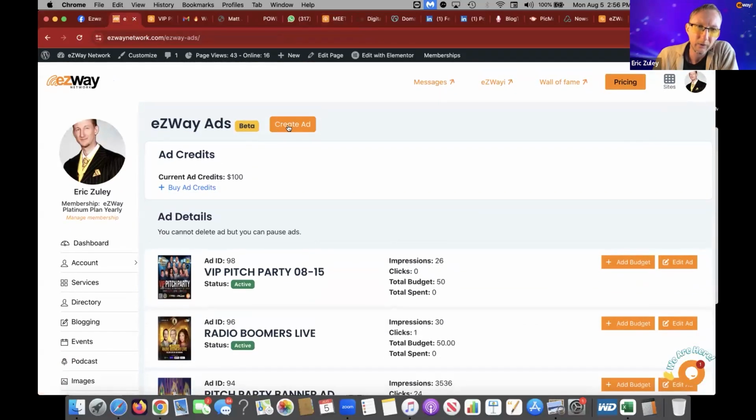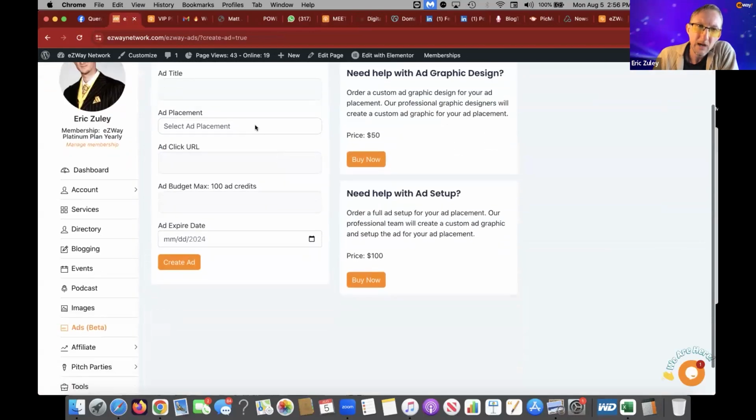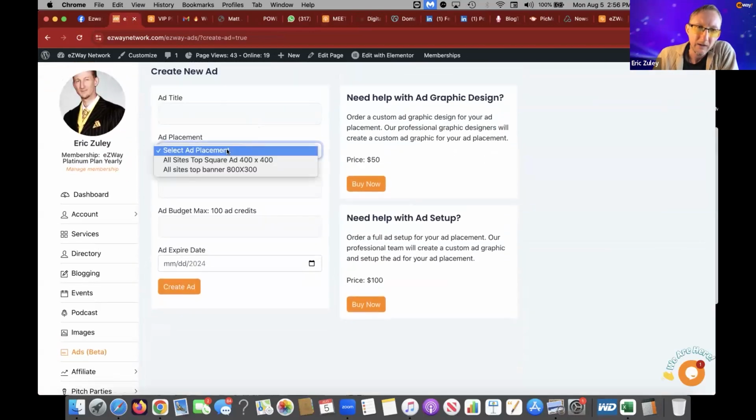So I definitely recommend that you take a look at the ad section in your dashboard and click on create ad and put your title in. There are two ad options. One is a banner ad and another is a square ad. You do need to resize the ads. It needs to be the proper size, 400 by 400 or 800 by 300, in order for it to work.